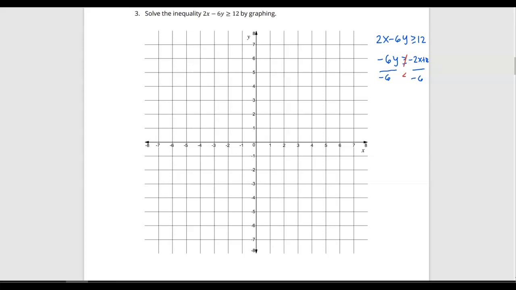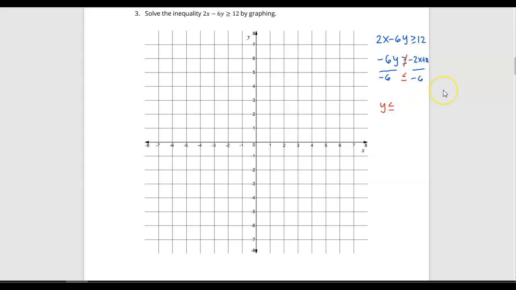So we have less than or equal now. Can you reverse the inequality if you divide or multiply both sides by a negative number? Yes. So with that, you now have y less than or equal to, and then you divide each term here by